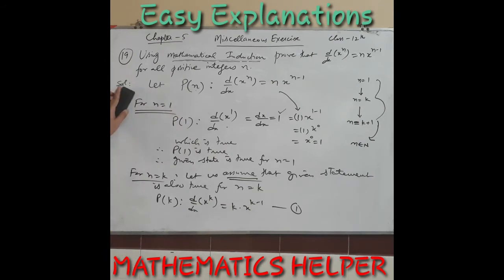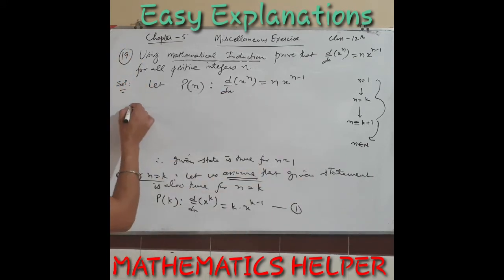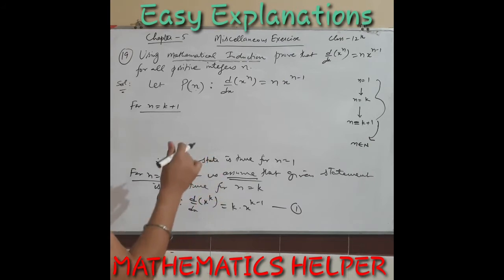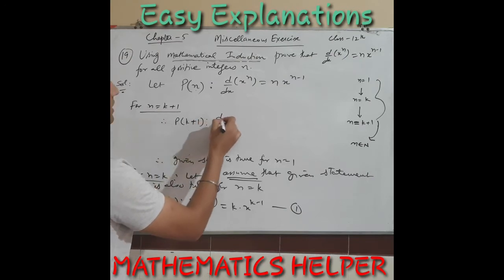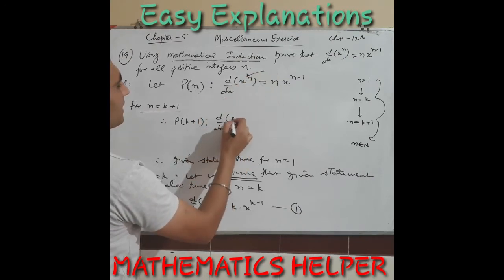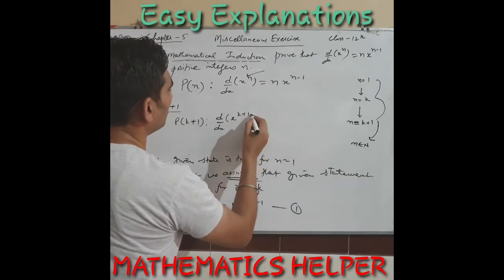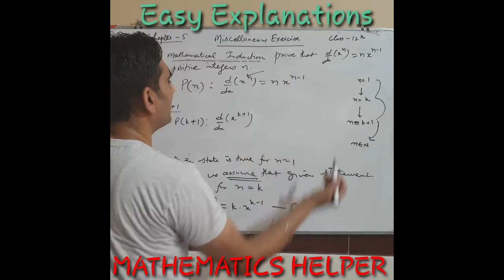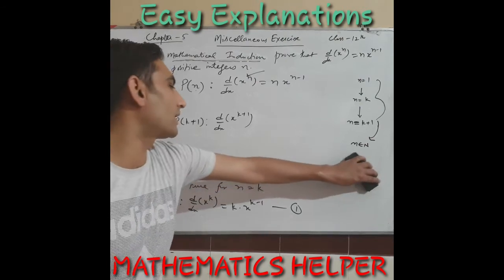Now we have to show this statement is true for k plus 1. Try to remember, when you write for k plus 1, you always write for n equal to k plus 1. You start the calculation only from the statement for k plus 1. So we write P(k plus 1), such that d over dx of x raised to power k plus 1, and you have to convert this into the right side, meaning you have to show k plus 1 in place of n on the right side. So from this you have to develop the whole right side of the given statement. See how we are able to do that.